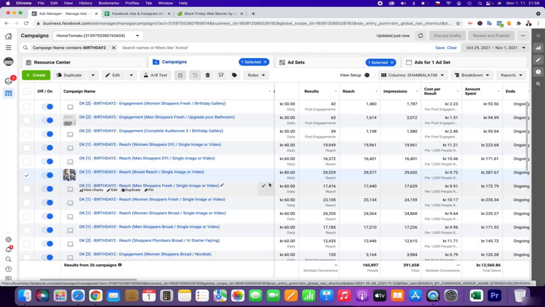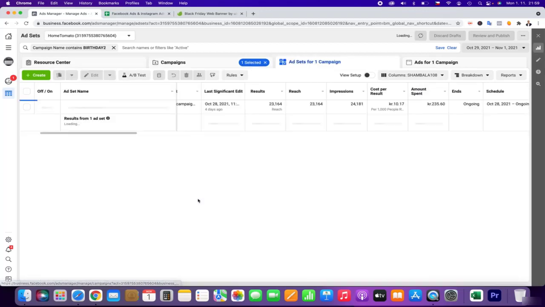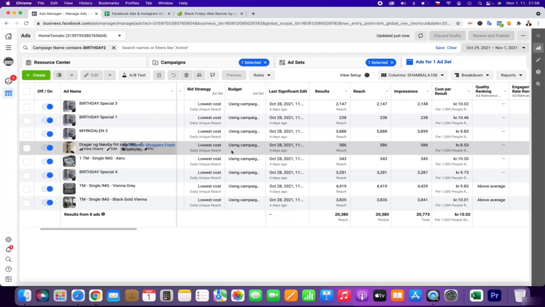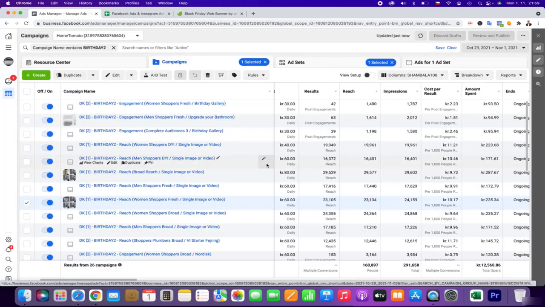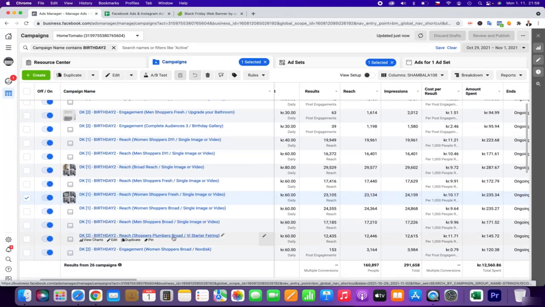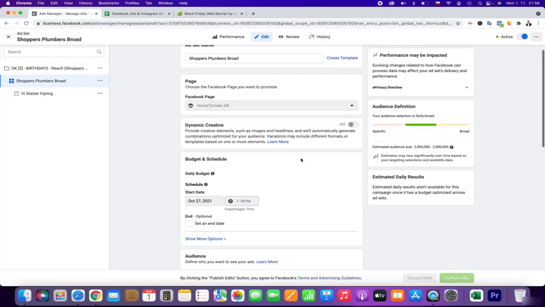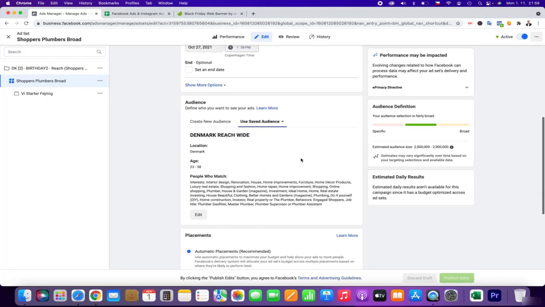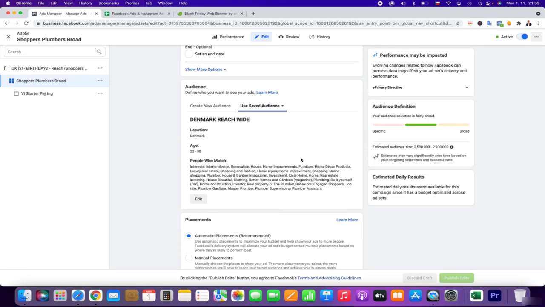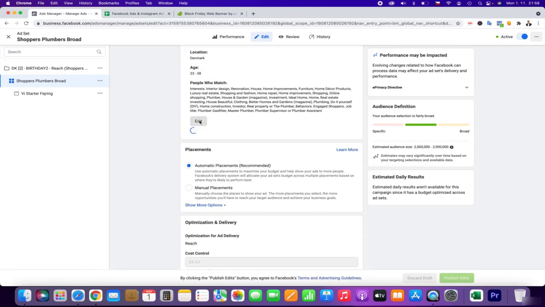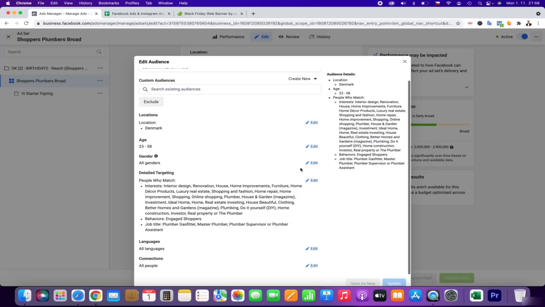So we have fewer ads, and we are doing a little bit better because we are keeping just the ads that have better reach, as you can see in some campaigns. It's even 8 ads. And what's really exciting, I have created a targeting that's very, very broad. I mean, it's broad, but Facebook still thinks that it's not so broad.